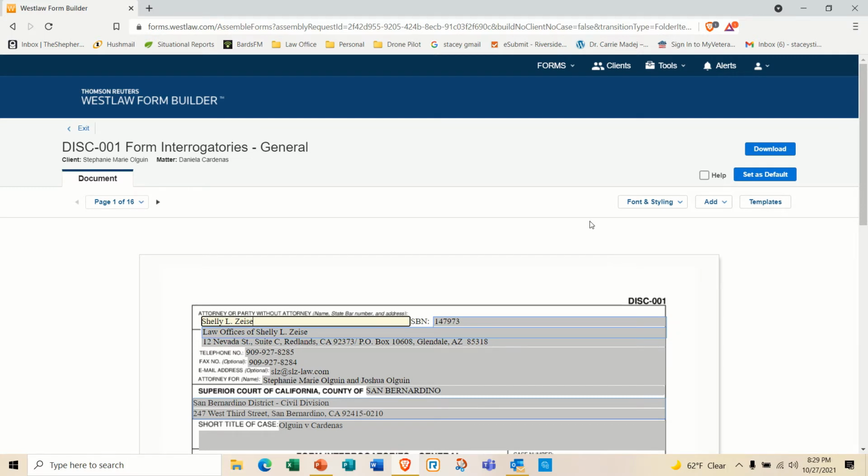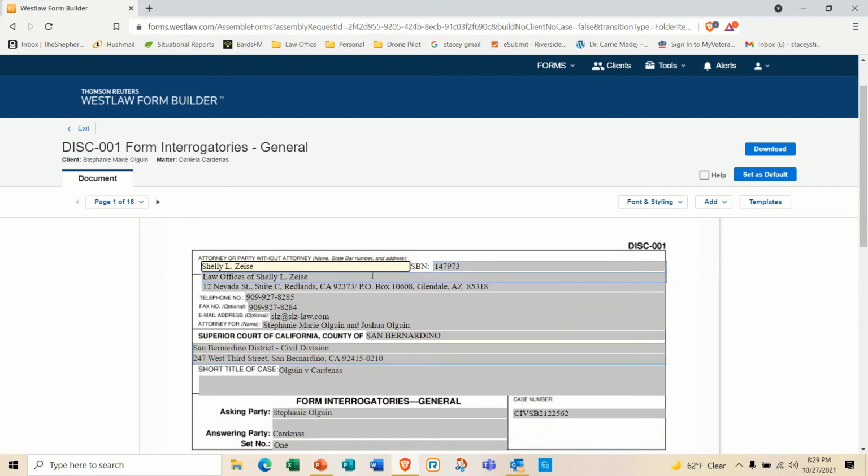Okay, so what you see here is it's already filled in the blanks. All right, so it says Shelly Zeiss, it's got the bar number, it's got the address. I always double check that. It should be 12 Nevada Street. The P.O. Box should be 10608 Glendale, Arizona. The phone numbers, I just check all of it, all right, to make sure that it filled correctly with the